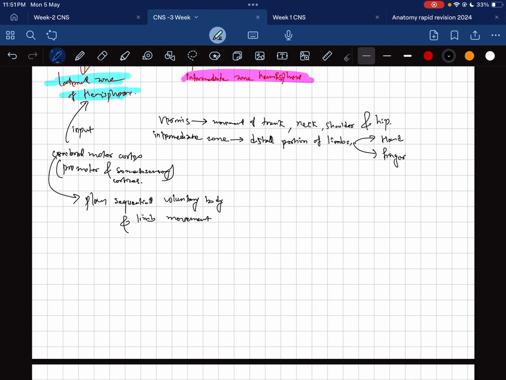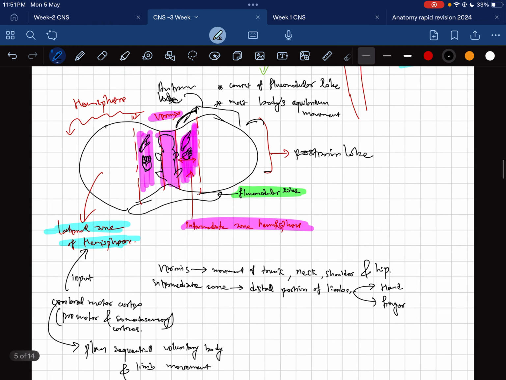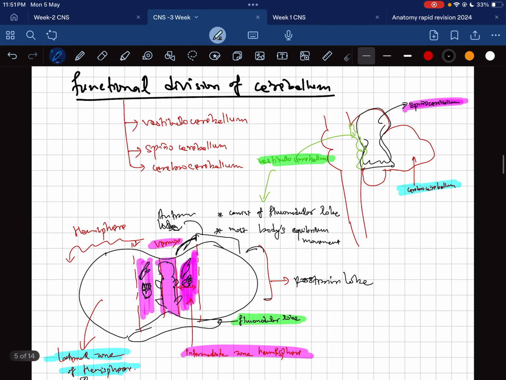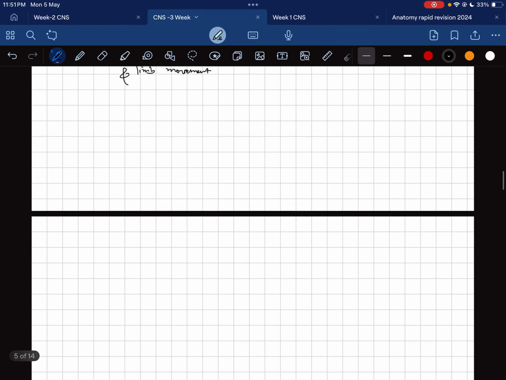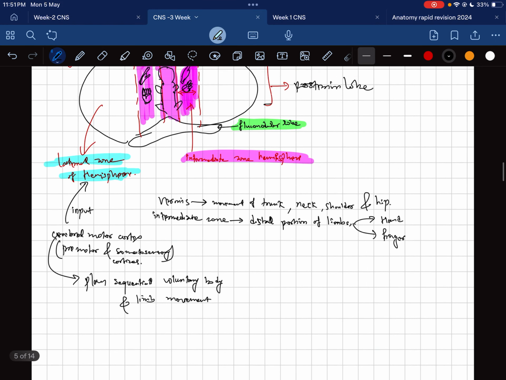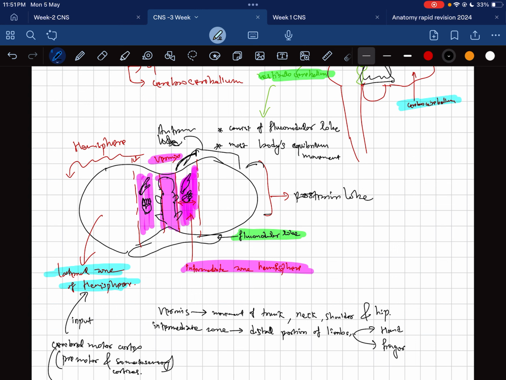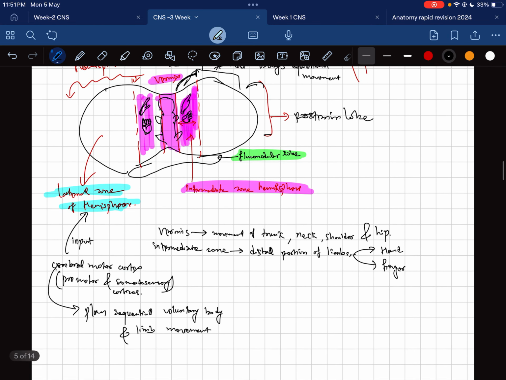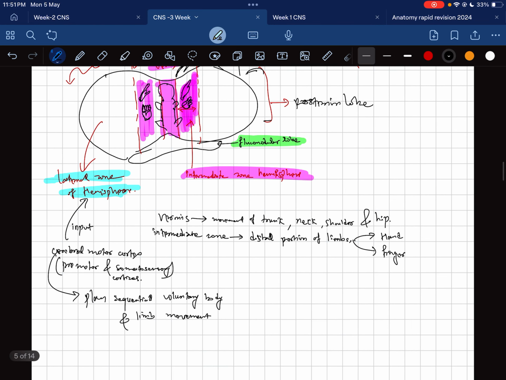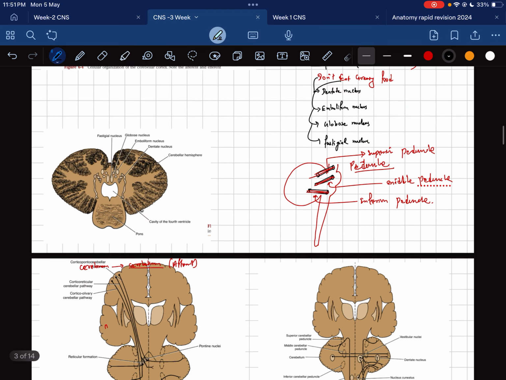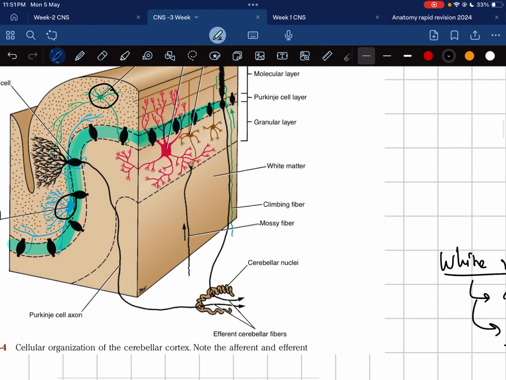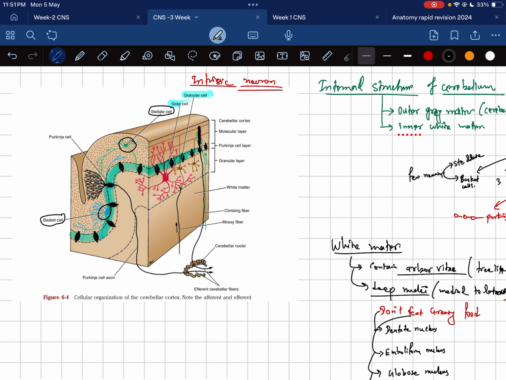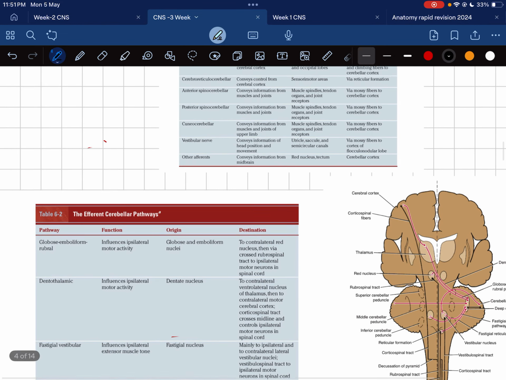So this is regarding the three parts of the functional division, and we have already discussed the different afferent pathways, so I am not going to discuss these things again. We also know the internal circuit of the cerebellum, as we also discussed this circuit, so I am not going to discuss that. So this is the physiological aspect of